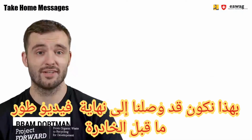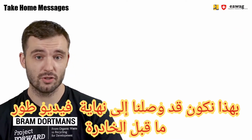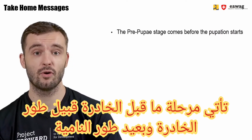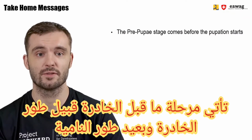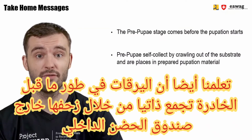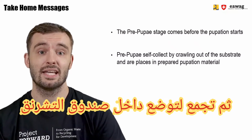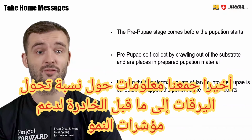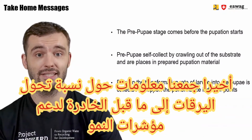We've already come to the end of this module on the Prepupae stage. In this module, we saw that the Prepupae stage in the BSF life cycle comes before the pupae stage or the pupation stage and after the larval growth stage. We also saw that the Prepupae self-collect by crawling out of the nursery Laveros, and that they are then harvested and placed in the pupation material. Lastly, we saw that data on the transformation rate of the larvae into the Prepupae is currently collected to support